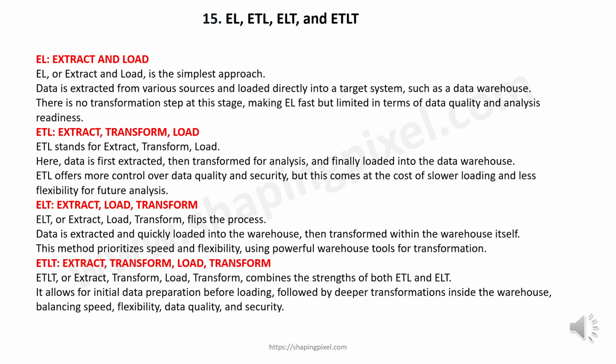When working with data, understanding how information moves and changes is essential. 4 key processes help manage this flow: EL, ETL, ELT, and ETTLT. Let us break down what each of these terms means and why they matter. EL, or extract and load, is the simplest approach. Data is extracted from various sources and loaded directly into a target system, such as a data warehouse. There is no transformation step at this stage, making EL fast but limited in terms of data quality and analysis